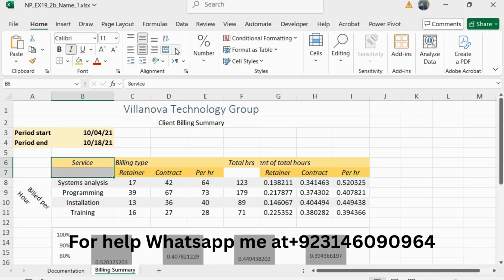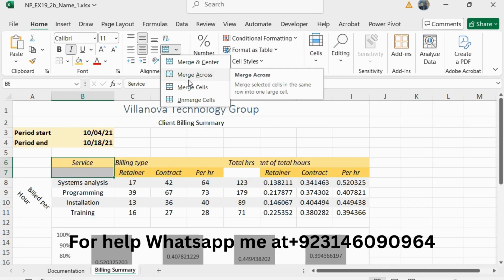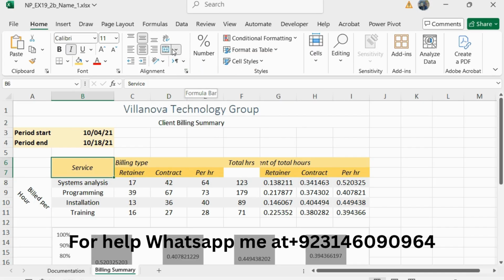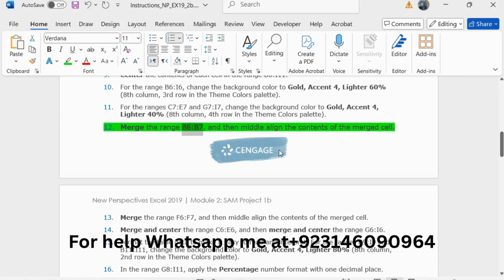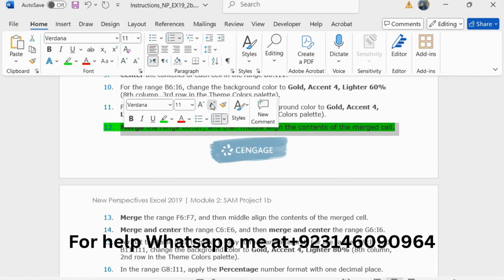So go to here and click on merge cells. Then click on middle align. So I have completed 12 steps successfully.